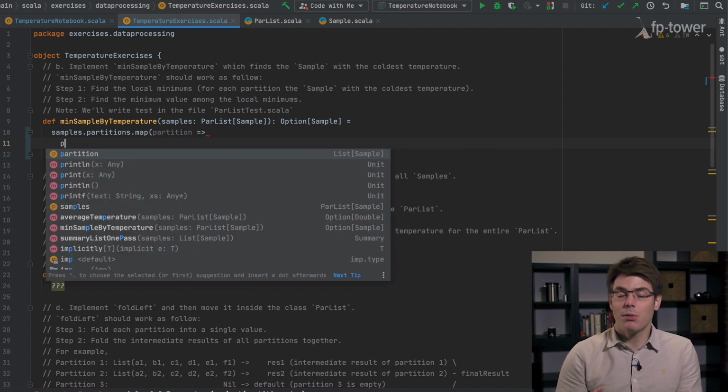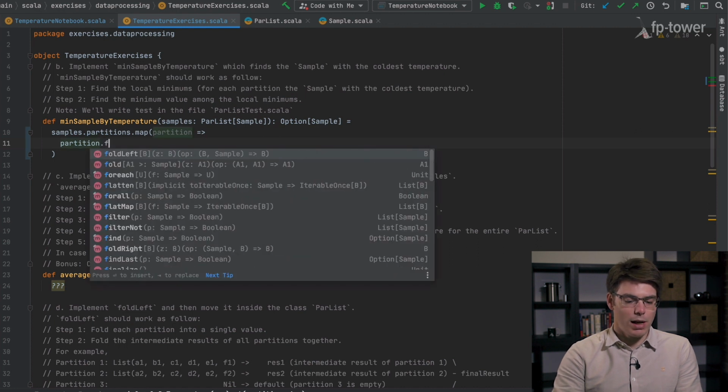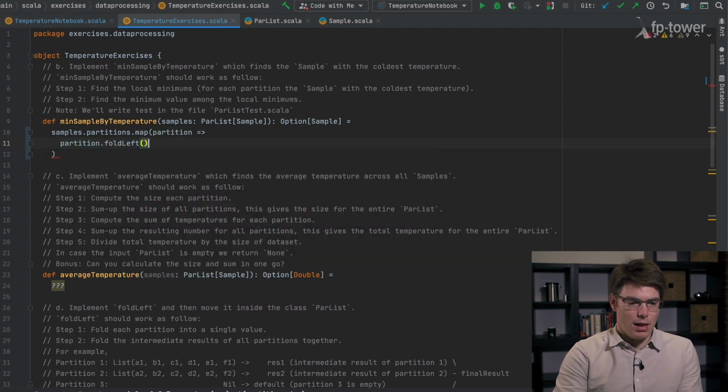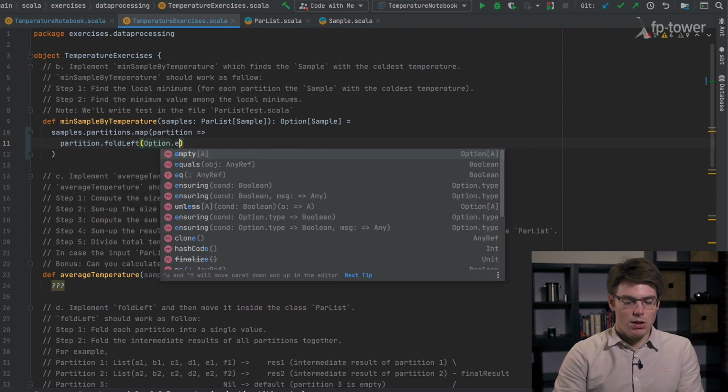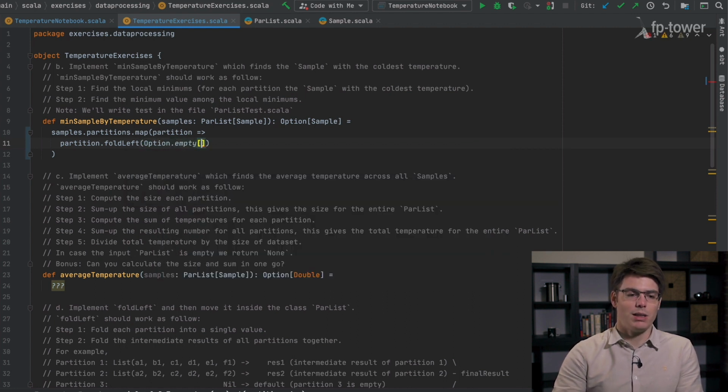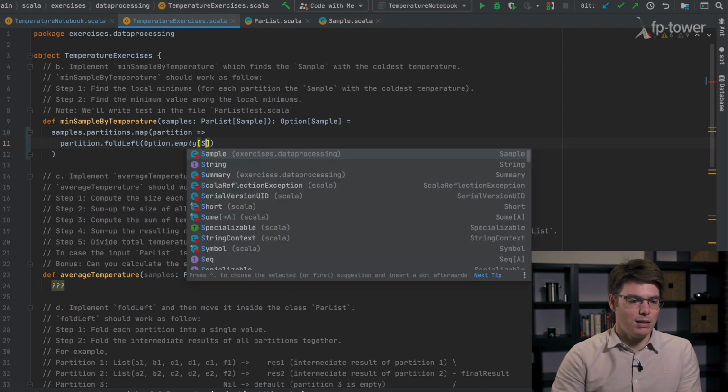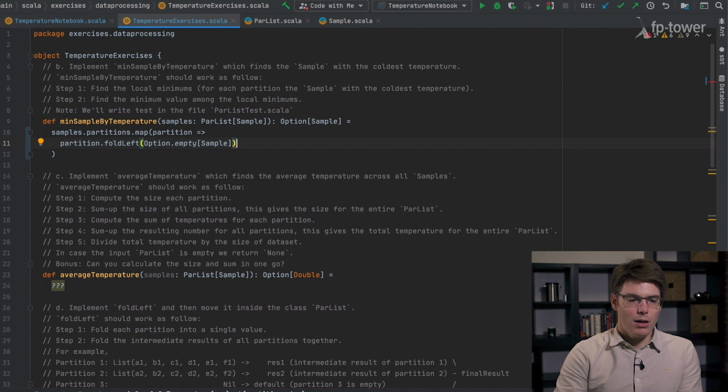So what we can do is something very similar to what we've done in the previous lecture. We can fold left on the list and say, okay, if the list is empty, we want to return none. But because of the type inference issue with fold left that we discussed before, we need to define it this way.